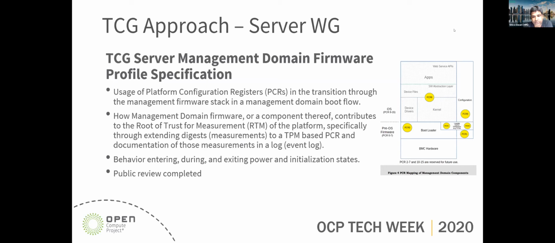The architecture doesn't prevent any of those, but as you can see on the right side here, there is a very simple mapping of PCRs to the typical code stack that runs on BMCs.